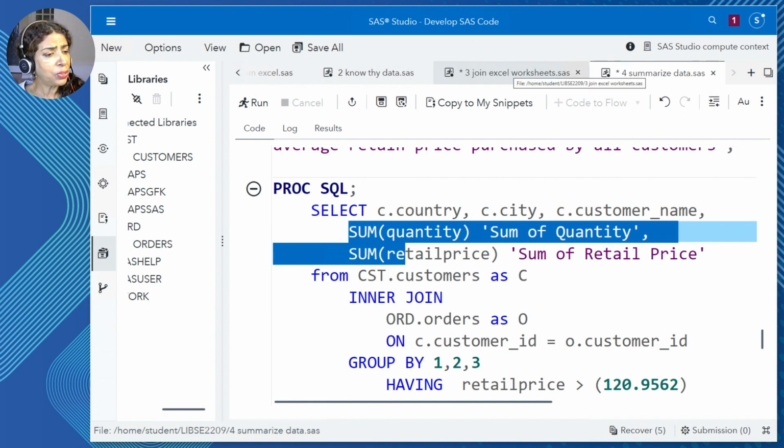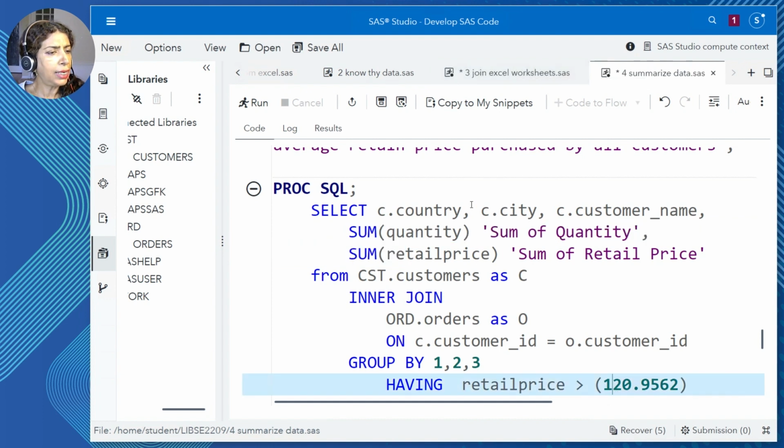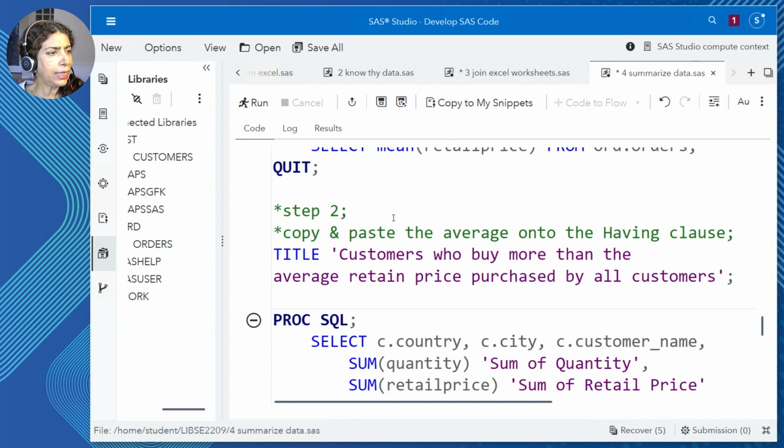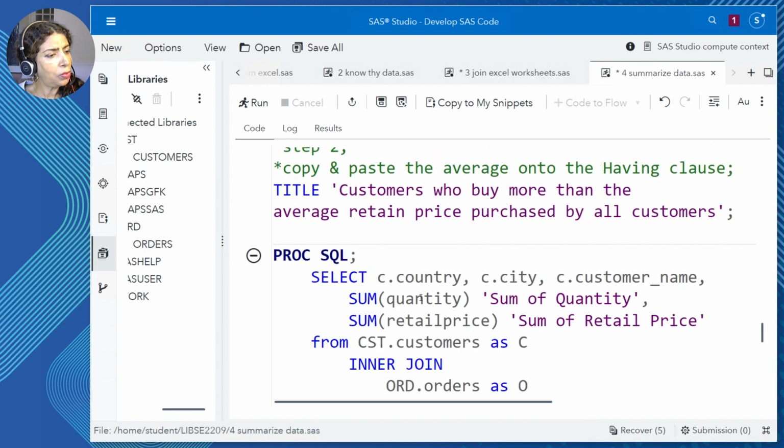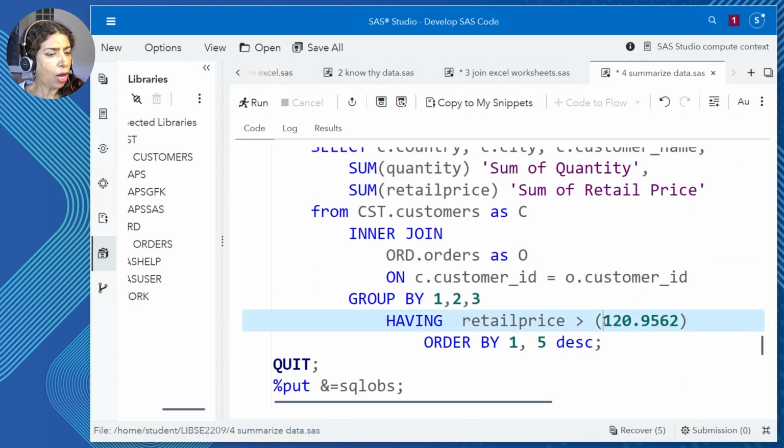Now, when I do this work, I noticed that there was a lot of manual labor. I first had to run this query that calculated the average for the whole table. And then I had to go to the output window, the results window, I had to copy it, and then I had to come back and paste it. What if the customer data keeps on changing and the orders data goes on changing?